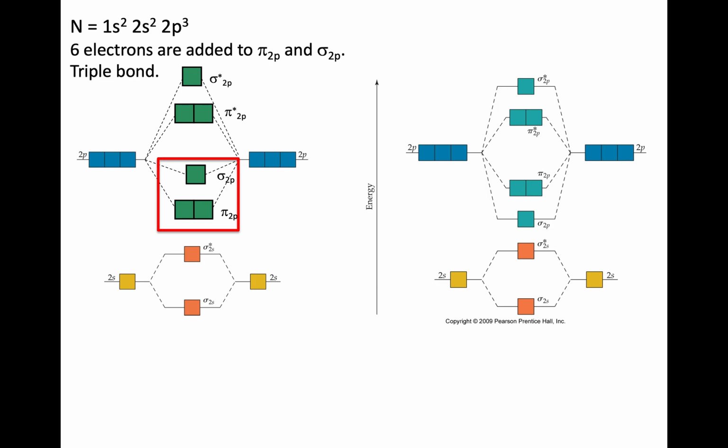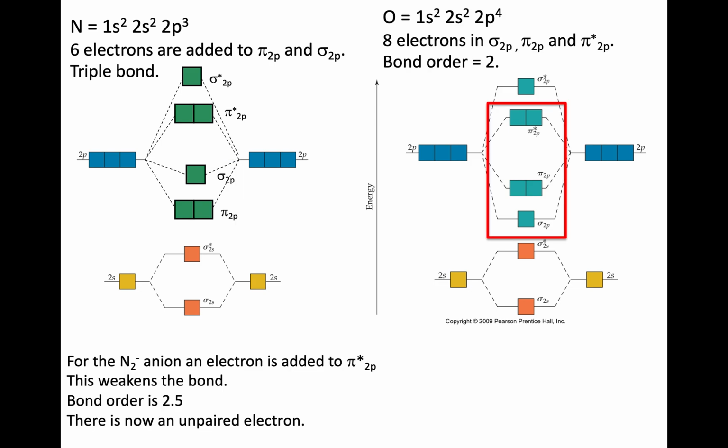I begin with the electron configuration, and I'm looking at how many electrons I have to add to the molecular orbitals that are formed from the overlap of the p orbitals. I find that I'm adding a total of 6 electrons to those, and it leads to a triple bond. When I move to the anion, the electron is added to an antibonding. This will weaken the bond, reduce the bond order to 2.5, and